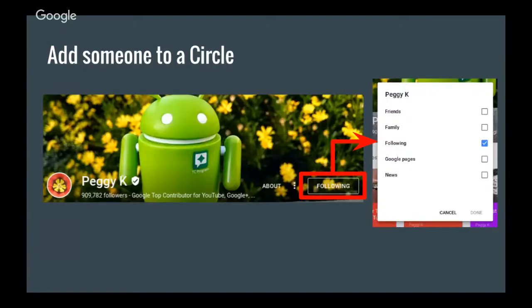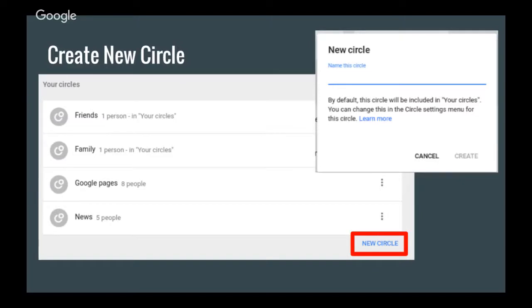Well, I want to add something to that real quick. If you have a lot of circles, like I do, since I've been on Google Plus since it's been on, you have to scroll all the way down to find that. I'm just letting people know that. It's all the way at the bottom. This is one thing that's more complicated in the new Google Plus than it was in classic Google Plus, but the options are there. They're just a little bit harder to find.